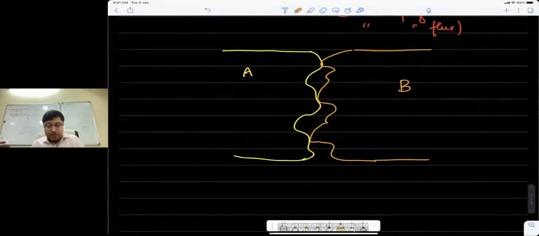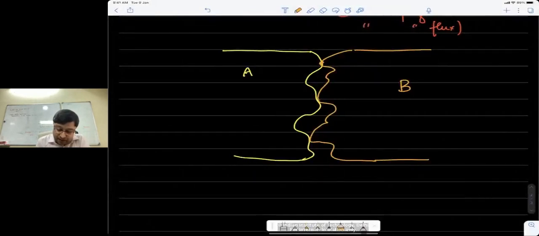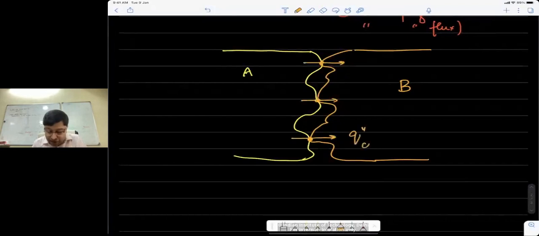These two surfaces have contact at a few points. So the contact points maybe are here, here, and here. So you have heat conduction taking place at the point of contact. I'm going to say this is Q double dash conduction because of contact, or let me say contact, that is better. And then we have these gaps, right? So there are these gaps where the two surfaces do not meet.